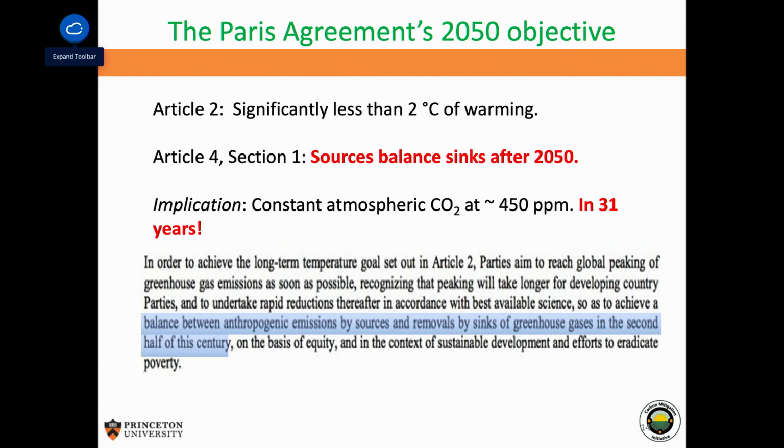You might ask, well, that sounds kind of ambiguous. Does that mean during the second half? Does it mean for the entire second half of the century? And what does the balance between sources and sinks mean? Does it mean that anthropogenic sources have to balance natural sinks? Or does it mean that anthropogenic sinks, like machines that suck CO2 out of the atmosphere, have to balance anthropogenic sources like power plants? And the answer is, we couldn't figure it out one class, and so we actually had